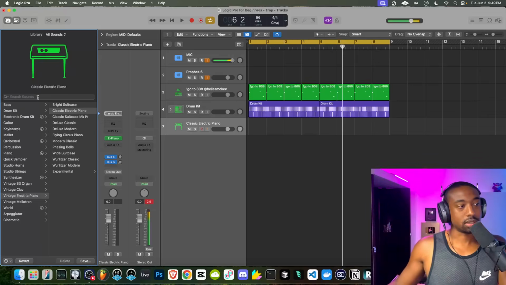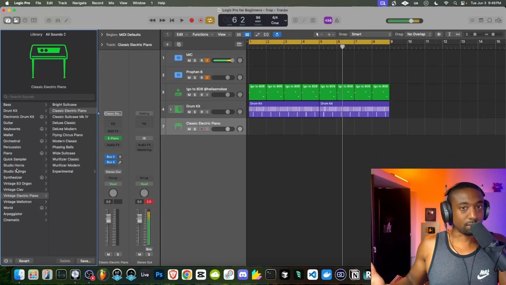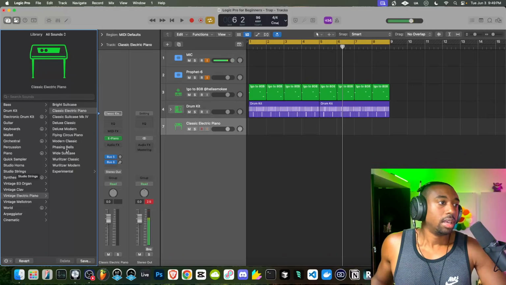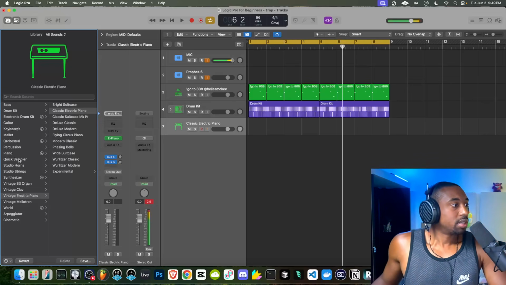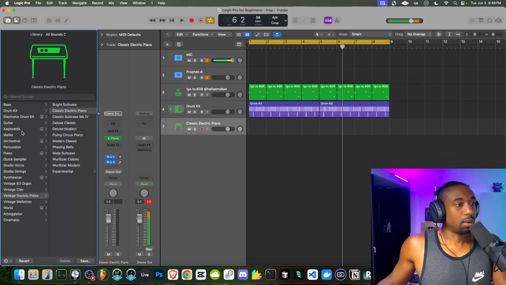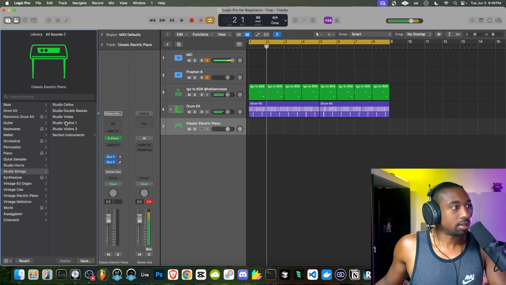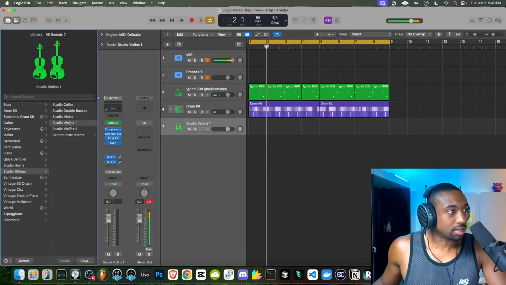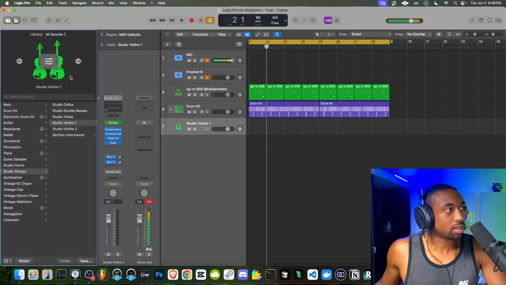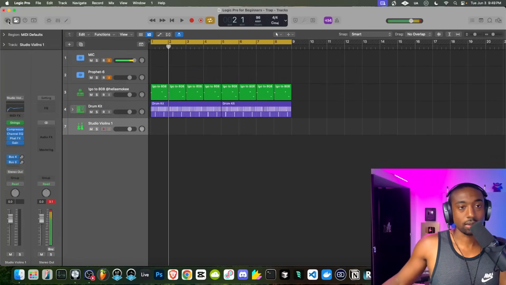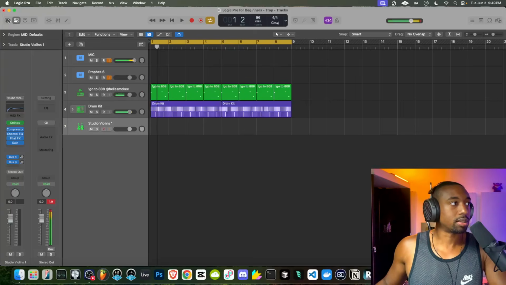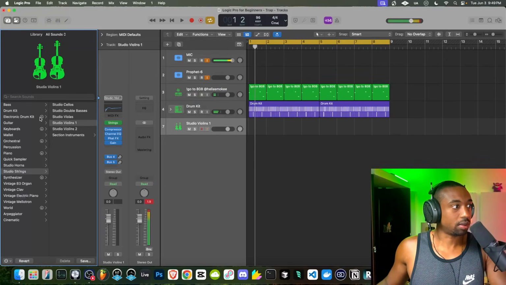And basically you can search sounds, or you could just, these are basically presets for you guys. Let's do some presets for now. I'm trying to think what sound will go with this. Maybe some strings. Let's go to studio strings and let's go to some violins, for example. So you can click on this preset. It should load. It may require a download. Anything that requires a download will show this little download arrow thing.